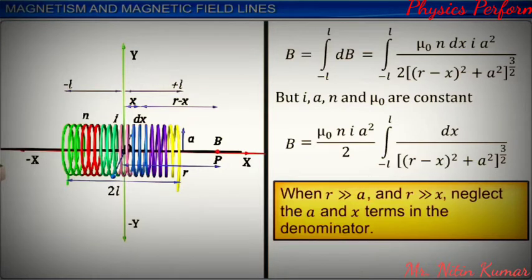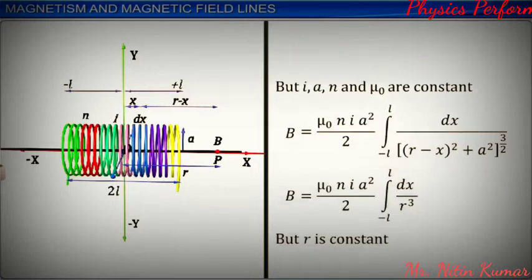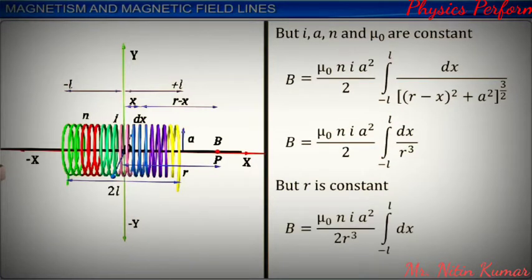Then, B is equal to mu naught N I a square by 2 into integral from minus L to L dx by r cube. But the distance of the point P from the origin, r, is constant. Thus, B is equal to mu naught N I a square by 2r cube into integral from minus L to L dx. On integrating and substituting the limits, we get the magnetic induction B is equal to mu naught N I a square by